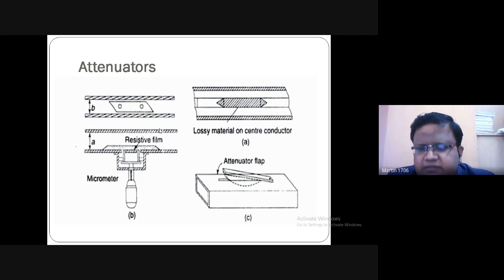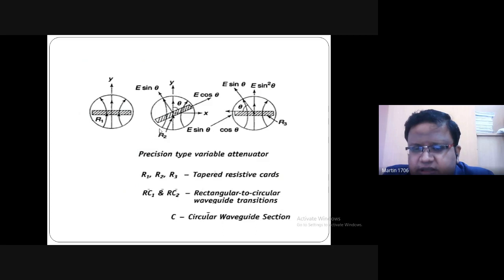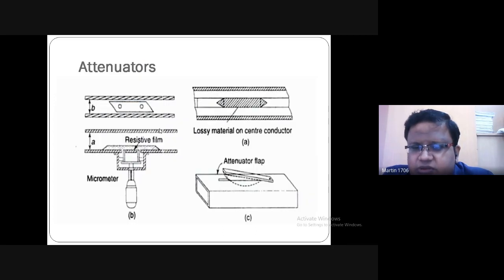The same device will be available in our laboratory also. Mostly in the microwave setup, this type of device will be used. This attenuator flap can be rotated and we can vary it accordingly. In figure B, you can see one knob to rotate. Once we rotate it, the resistive film can be positioned accordingly so that the point of view may be changed with respect to input and output. Accordingly, the attenuator